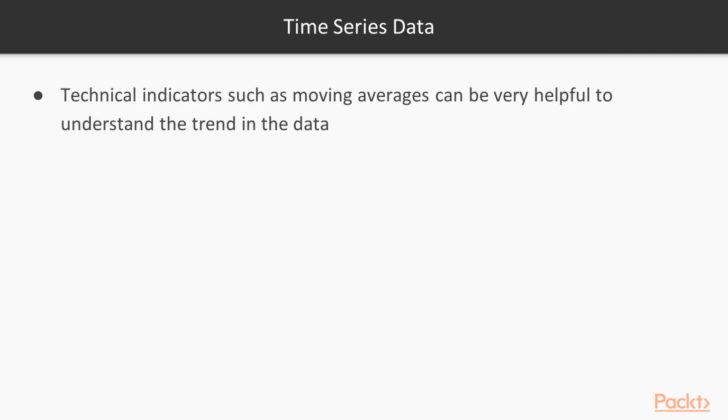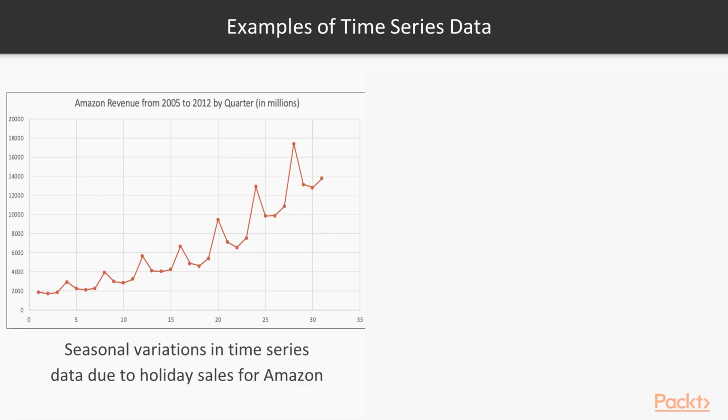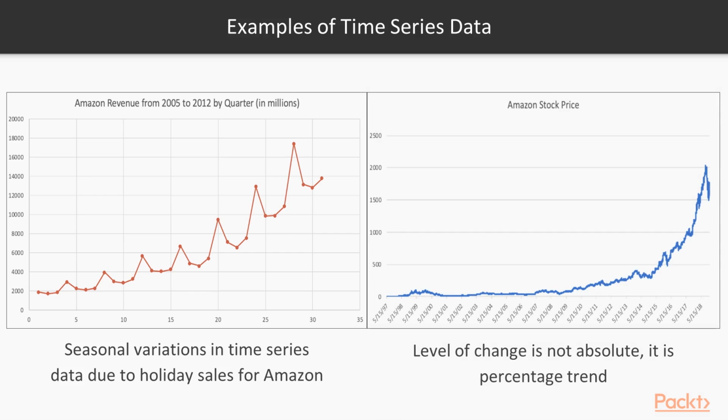Technical indicators such as moving averages, etc. can be very helpful to understand the trend in the data. We'll be using them in the stock forecasting model that we built. Some time series data can have seasonal variations as well. On the left is Amazon revenue from 2005 to 2012 by quarter in millions, and you can see there are several seasonal variations in time series data due to holiday sales for Amazon. On the right is Amazon stock price data, where the level of change is not absolute, it is a percentage